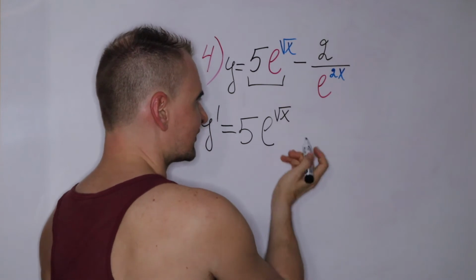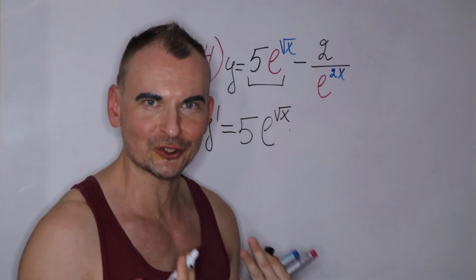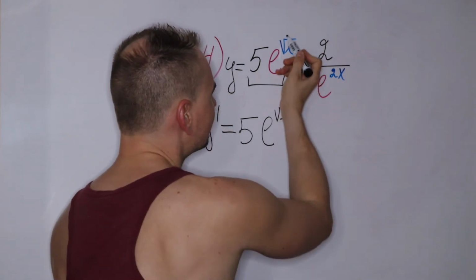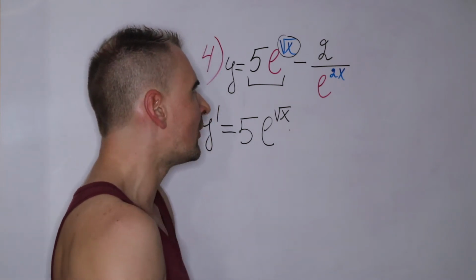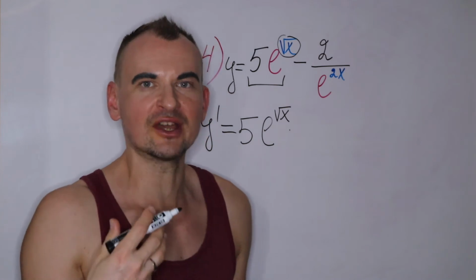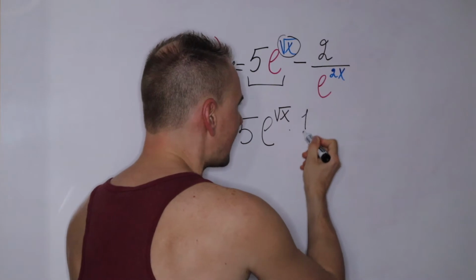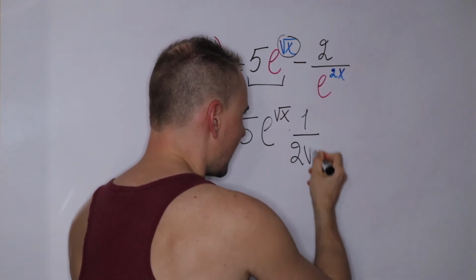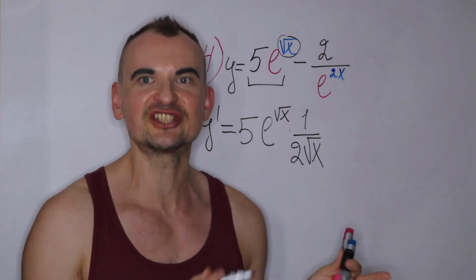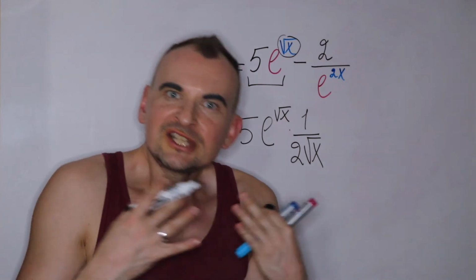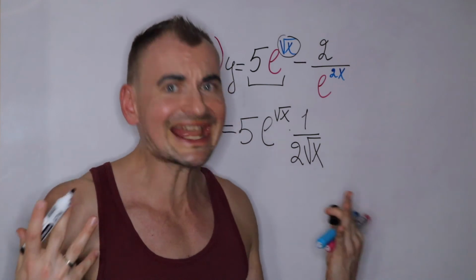And we are not done yet. At this moment, you have to use the chain rule. So you need to take the derivative of the inside function, which is square root of x. And recall that the derivative of square root of x is just 1 over 2 square root of x. And again, you could memorize this as a separate result, or you could derive this derivative from the standard power rule,